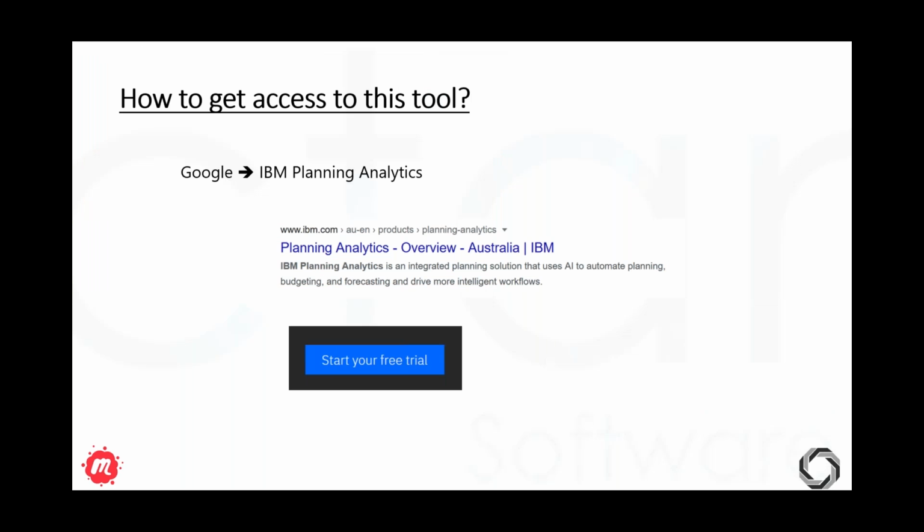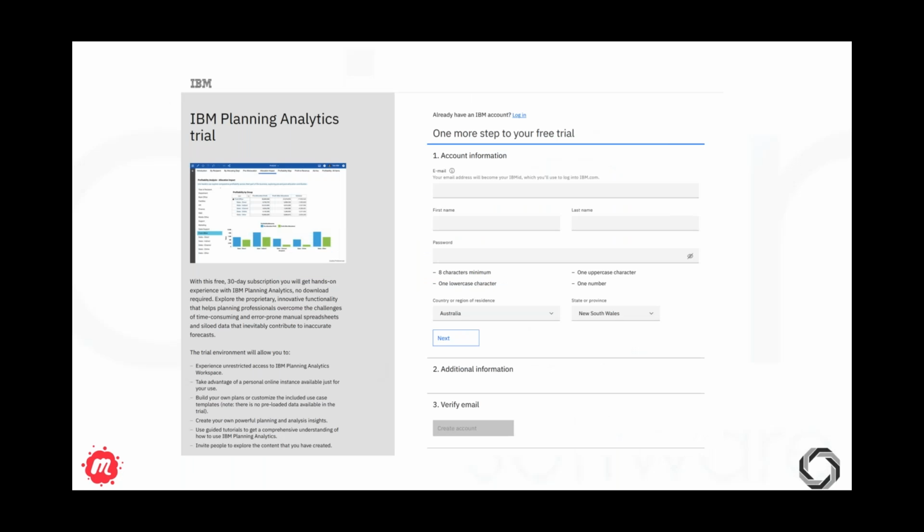Now, let's first see how to get access to this tool. So if you go to google.com and maybe type in IBM Planning Analytics, probably you might find this link, Planning Analytics Overview. I'm not sure, depending on your location, you might get a different link, but look for this link, which is called Planning Analytics Overview. And once you click on that link, on the far right, you should see an icon called Start Your Free Trial. And when you click on that icon, it will take you to a page where you just have to fill in your email, first name, last name, set up your password with your region as well,